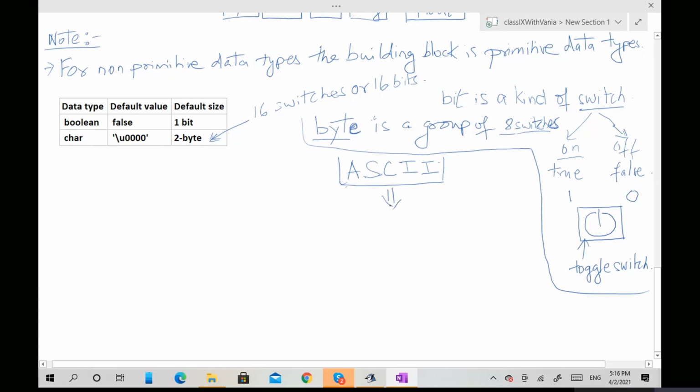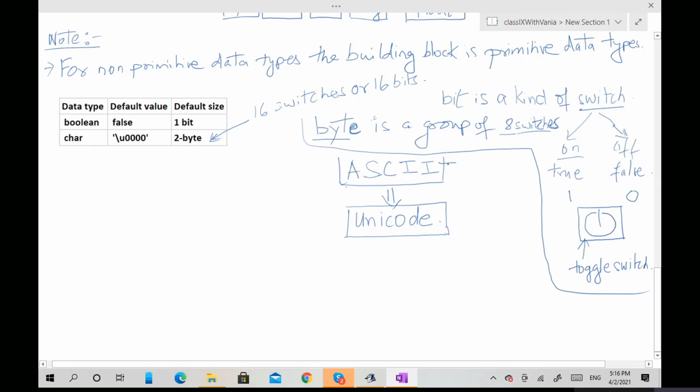The new name is Unicode. So Unicode and ASCII are the same thing, right? But a new name doesn't mean it has no new properties.